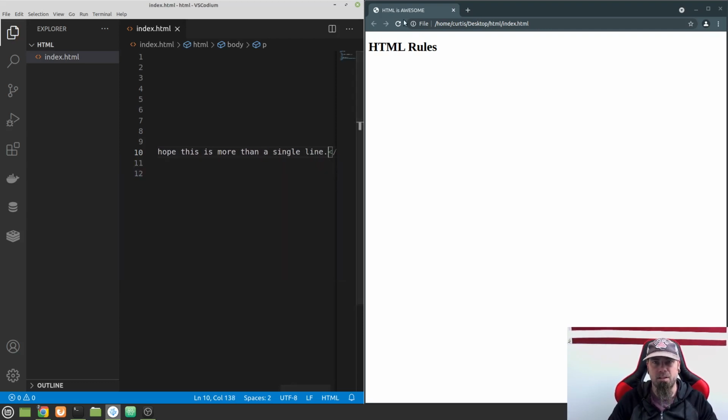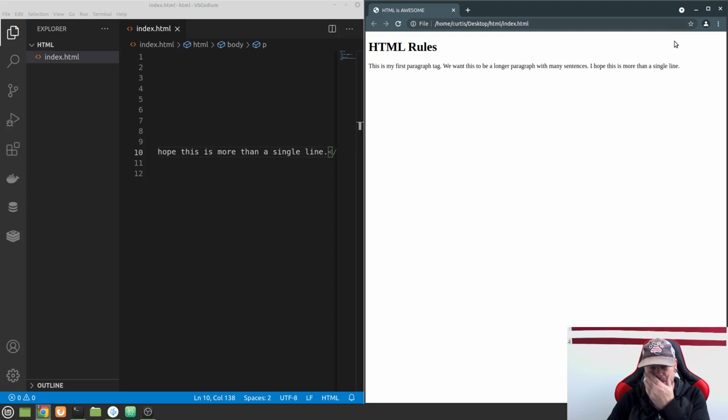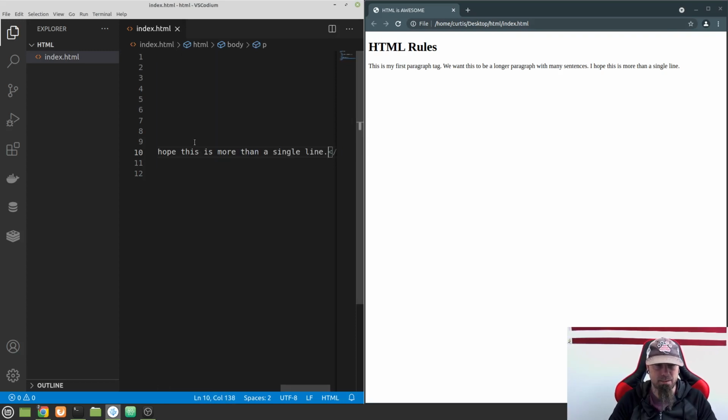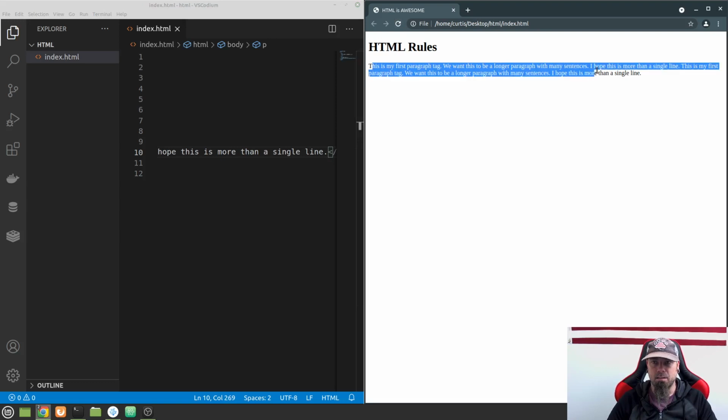Alright, so let's save that and refresh now. It was still only 1 line. But I could actually just copy this and we'll paste it again. There we go. So you see that this paragraph tag just creates a paragraph,